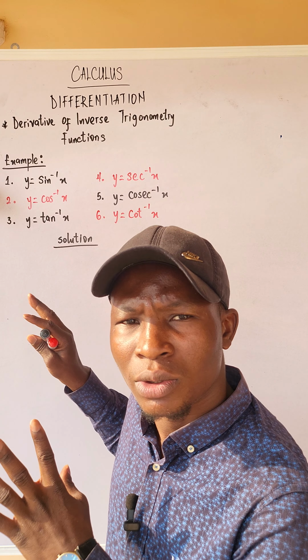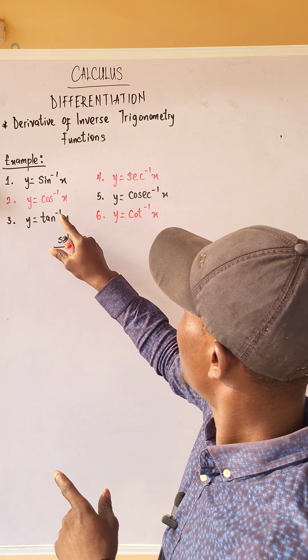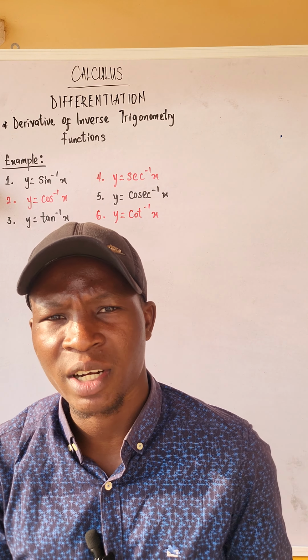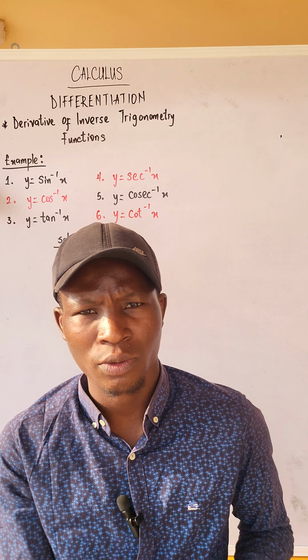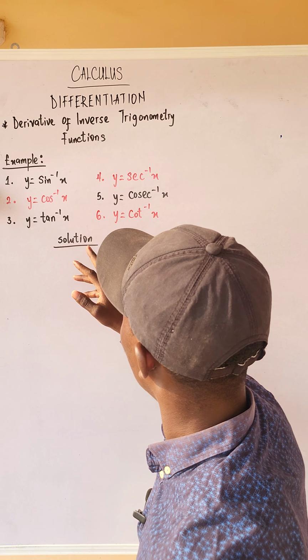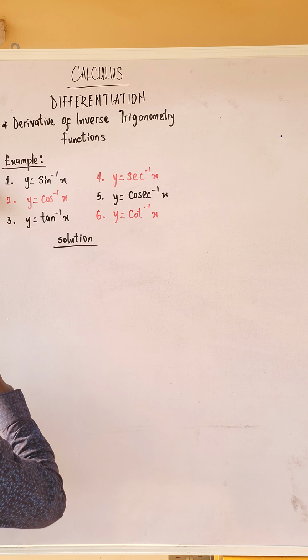So I'll be solving the one in black marker while you will be the one to solve the one in red. It's very, very simple. I'll solve one, you solve one. You know the way we used to do it. I solve one, you solve one, till we end it. Now, solution. Question 1 says